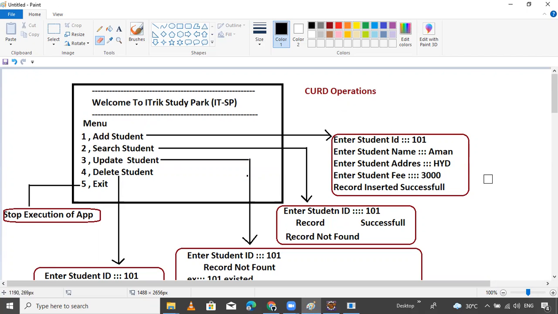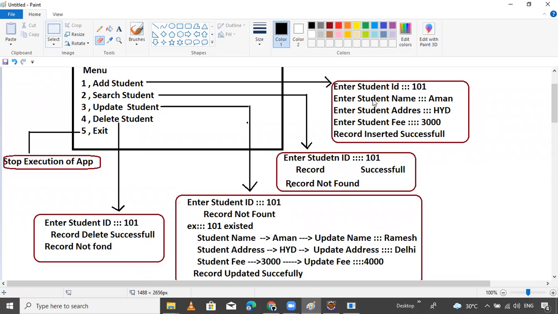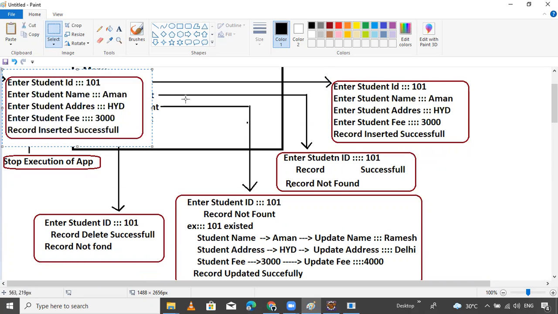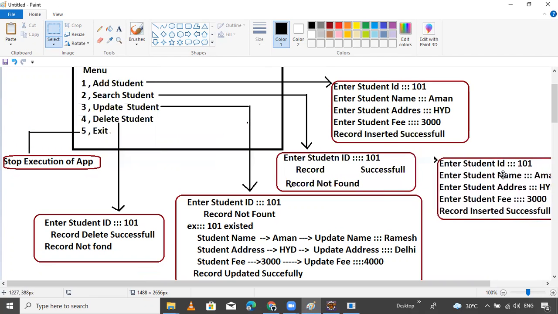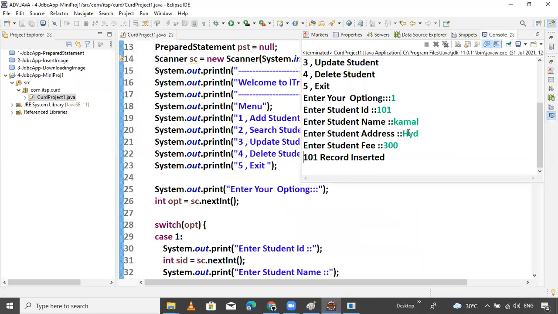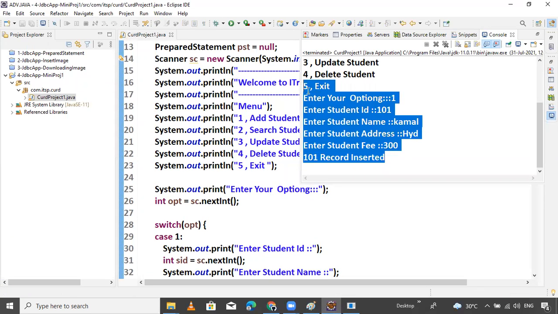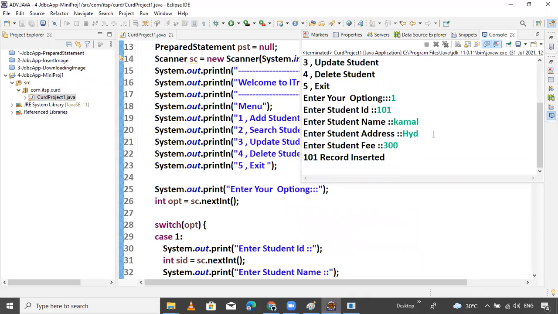Record retrieved, like that. You will get this type of record also. When we press search student, enter ID, record successfully, this many records we will get inside the console. I want to retrieve this record by using the second module. So I want to exit the program. Okay.